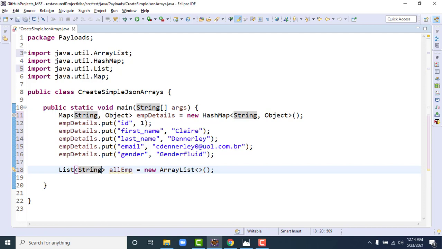Since we need a list of JSON objects, and a JSON object can be represented as a map, I'll use a map of type string and object. That's all. We created one list where we have mentioned what type of values we are going to store. Okay, perfect.